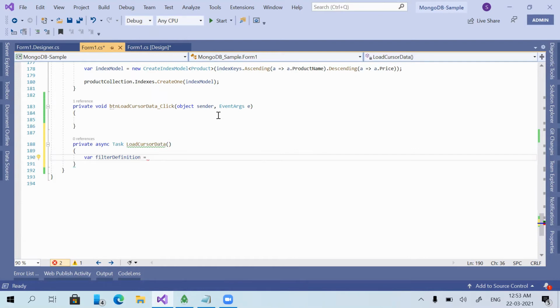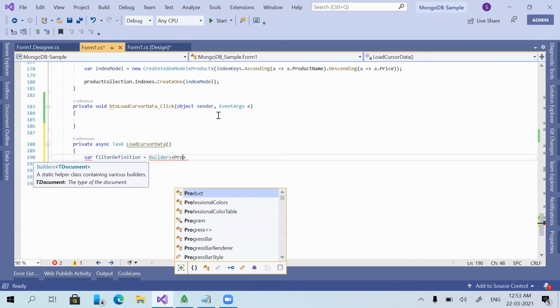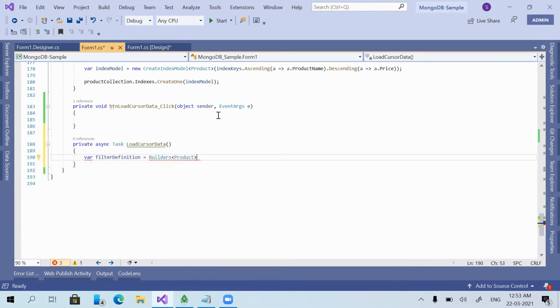Here I'm not going to filter with anything, so I'm just giving Builders of Product dot Filter dot Empty. Here Product is our model class.